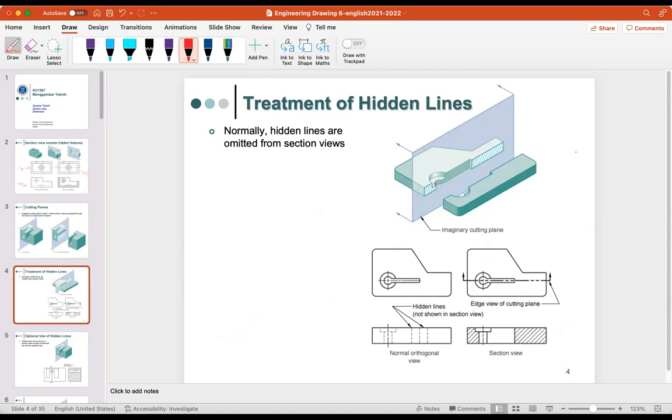So here we can have an imaginary cutting line, a cutting plane over here. So this is the front side, yeah, the normal orthogonal lines, and this would be from the top side, looking like this. Okay, and then we cut it through this plane, the imaginary cutting plane, and then we can see the section